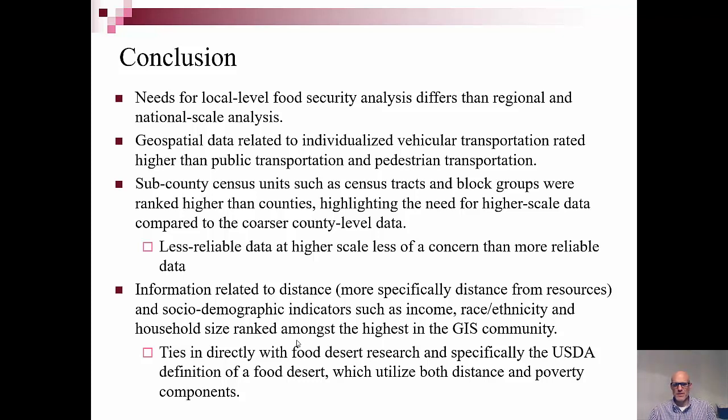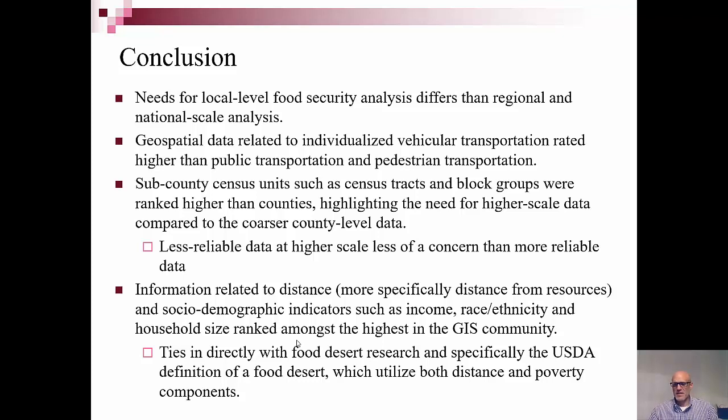And lastly, information related to distance and socio-demographic indicators such as income rate, ethnicity, household size ranked highest. And it just ties in directly with food desert research, specifically the definition of food deserts, which utilize both distance and poverty components, which are